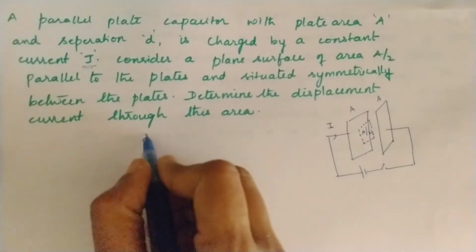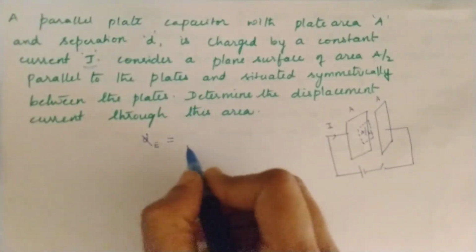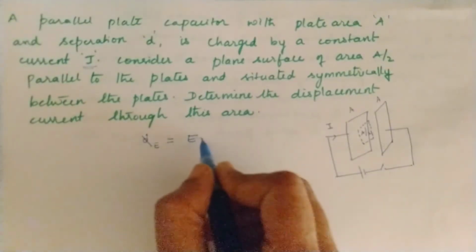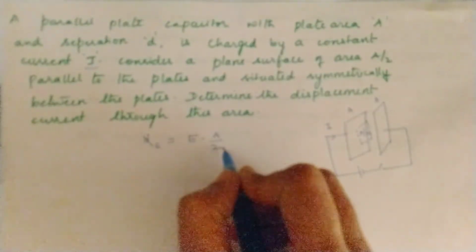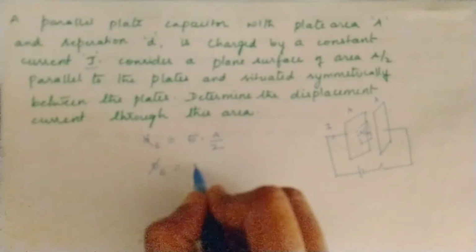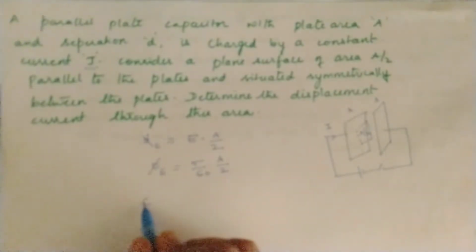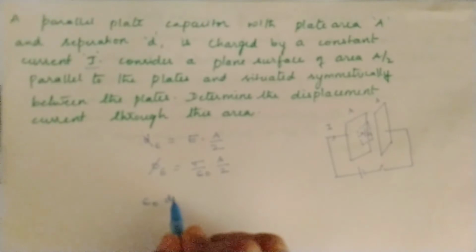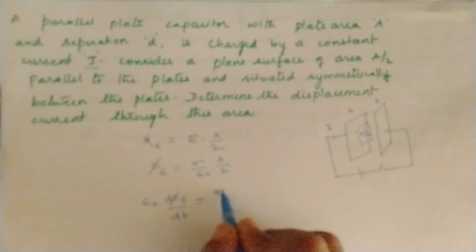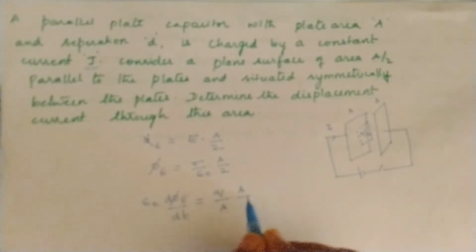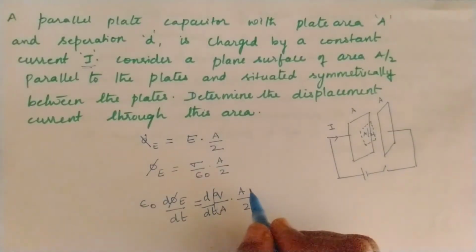So let us first calculate the flux passing through this smaller surface. Okay, we know flux is E dot A. Electric field is capital E, which is sigma by epsilon naught. Area of this smaller portion, I'll take it as A by 2, so phi E is equal to sigma by epsilon naught into A by 2. Bring this epsilon naught to the left hand side and differentiate this relation. Epsilon naught d phi E by dt is equal to sigma, we can write it as Q by A into A by 2, because I have differentiated this relation d by dt of this whole term.